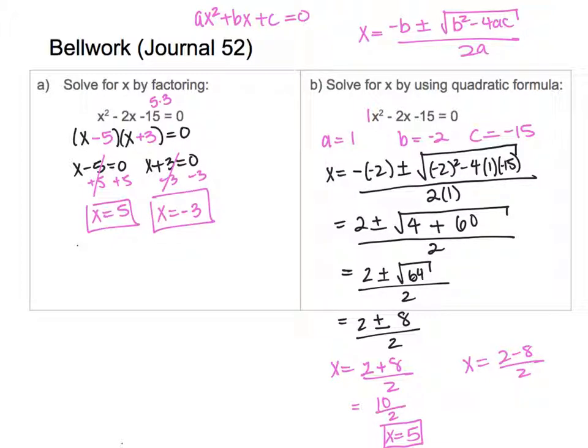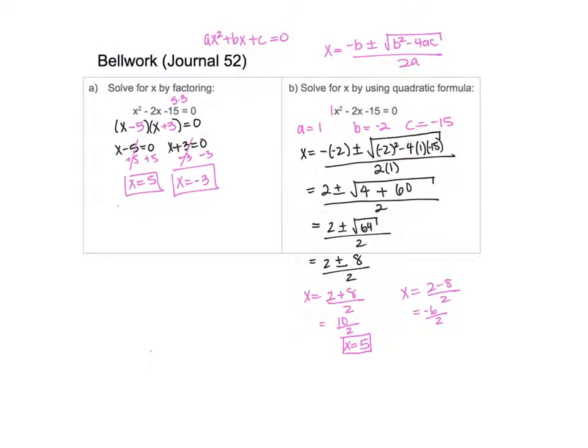So we have x equals -2 minus 8, which is -6, divided by 2. And so that's going to be, let's see if I can crunch this. There we go. X equals -3. And so there we have it. We got the same 2 answers as last time, and we should because we're solving basically the same equation, but